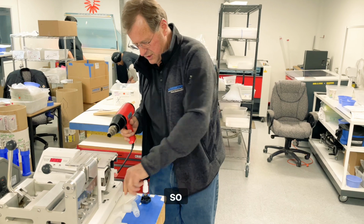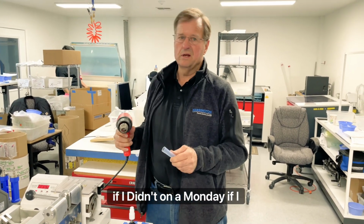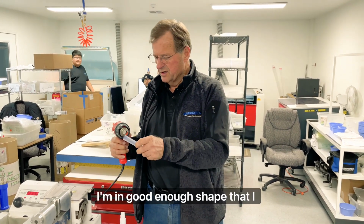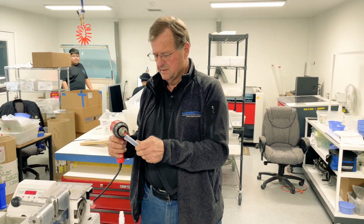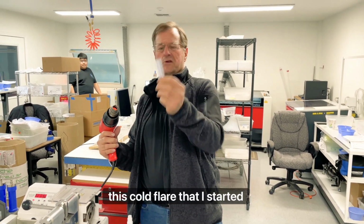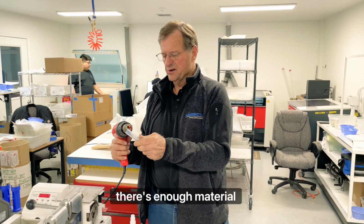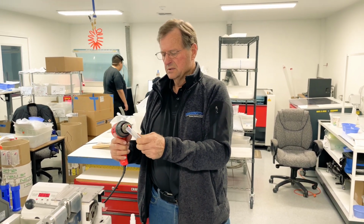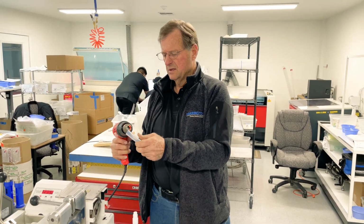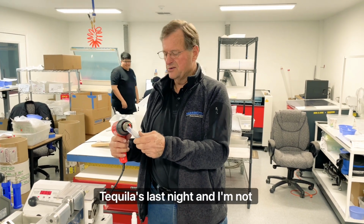And so if I didn't have too many tequilas last night on a Monday, hopefully I'm in good enough shape that I can do this. And actually, as I do this, this cold flare that I started to do will actually shrink back because there's enough material memory that the tubing wants to return to its original shape. So if I didn't have too many tequilas last night and I'm not too hungover,